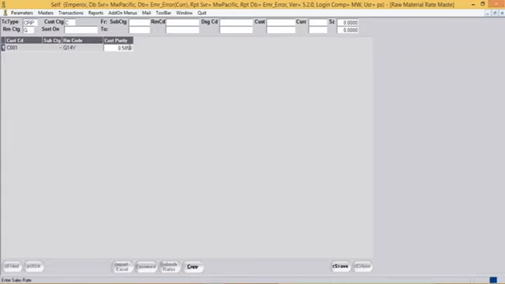Now what is the purpose of it? Now whenever an order is received for customer C001, system will take the rate purity defined over here in the CRP instead of referring to the raw material master. That means if for a particular customer the rate purity is different from the rate purity defined in the raw material master, then the record for that customer and given RM code needs to be defined over here.